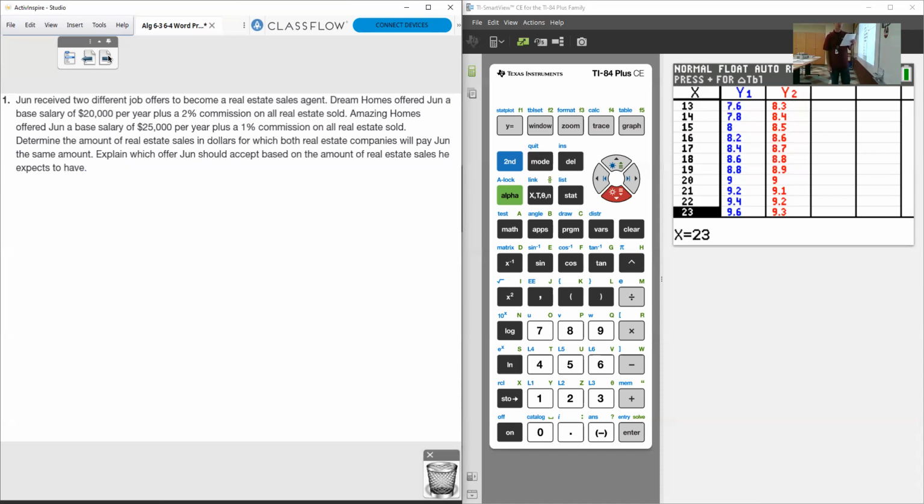So determine the amount of real estate sales in dollars for which both real estate companies will pay June the same amount. This is your break-even point. And then we have, explain which offer June should accept based on the amount of real estate she expects to have. So Dream Homes, right? Dream Homes,